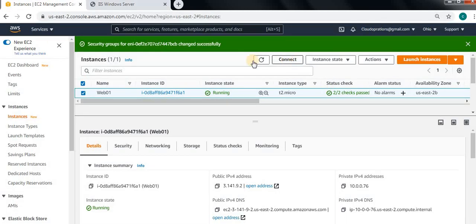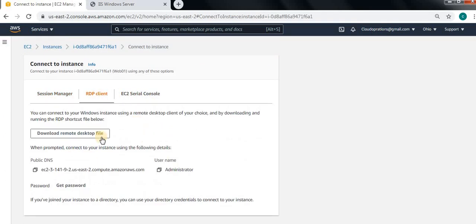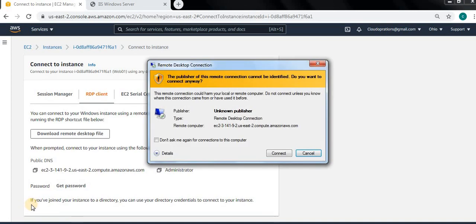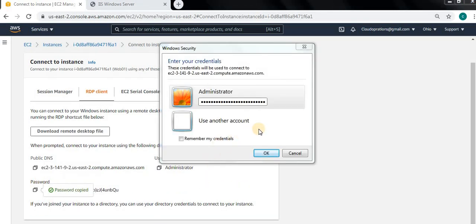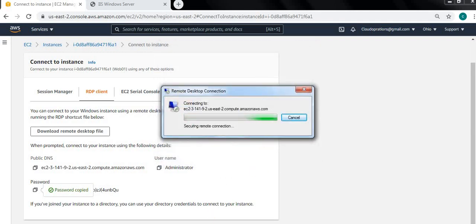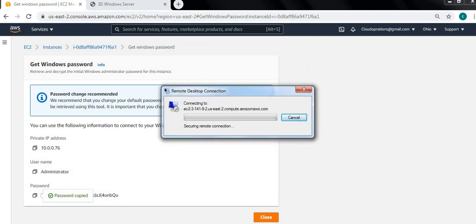Let's refresh this. You can see my default IIS page is open. Now let me try to connect via RDP to this server. We can see RDP is connecting.